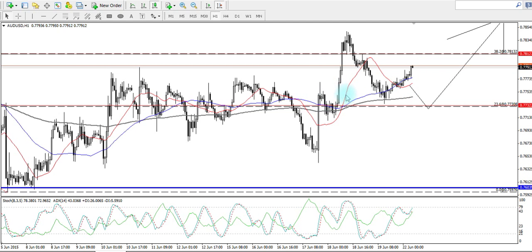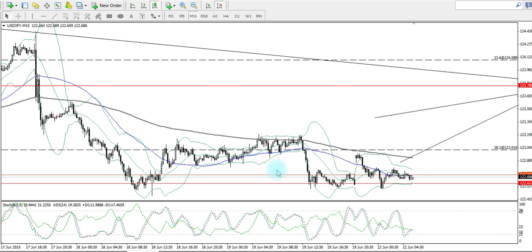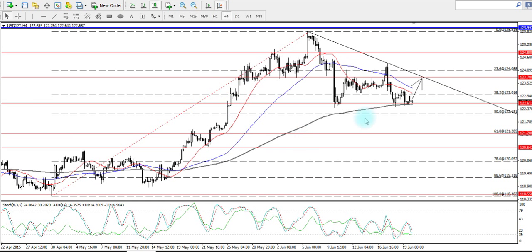So just have to wait patiently for a better retracement, for a better price to go long for the Aussie against the US dollar. And next you have the dollar against the Japanese yen. So back to the 4-hourly charts, price has seen little change as it still sticks closely to the support level